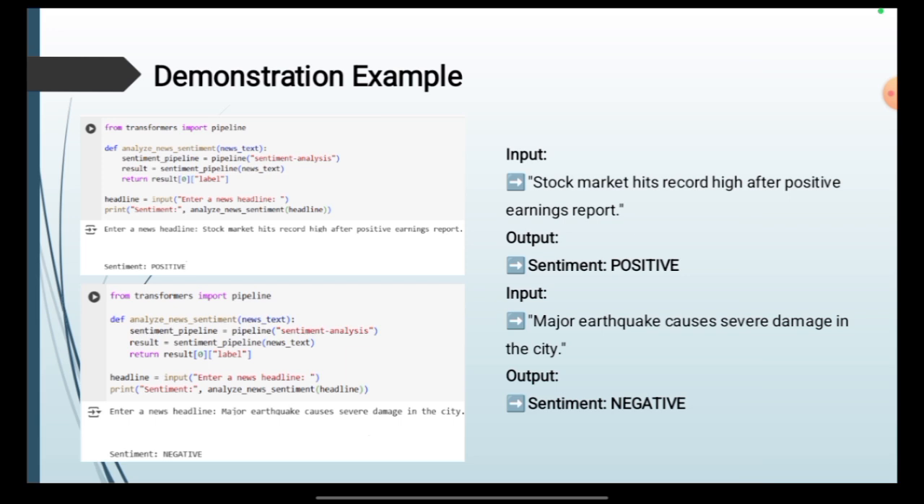Input: stock market hits record high after positive earnings report. Output: sentiment positive. Input: major earthquake causes severe damage in the city. Output: sentiment negative. So from this part, we can say that the demonstration example shows how a sentiment analysis model